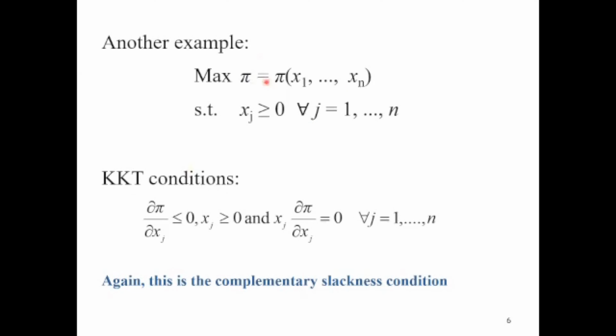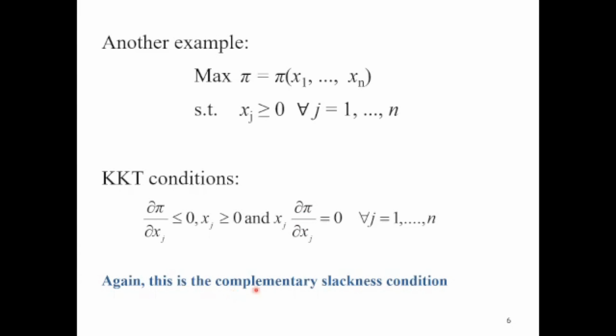Another example is where we maximize profit as a function of a bunch of inputs and outputs, which we don't distinguish here, and all of the x's have to be non-negative. In this case, the KKT conditions require that the first derivative of the profit function with respect to any x is less than or equal to 0. Again, the x's are non-negative, and